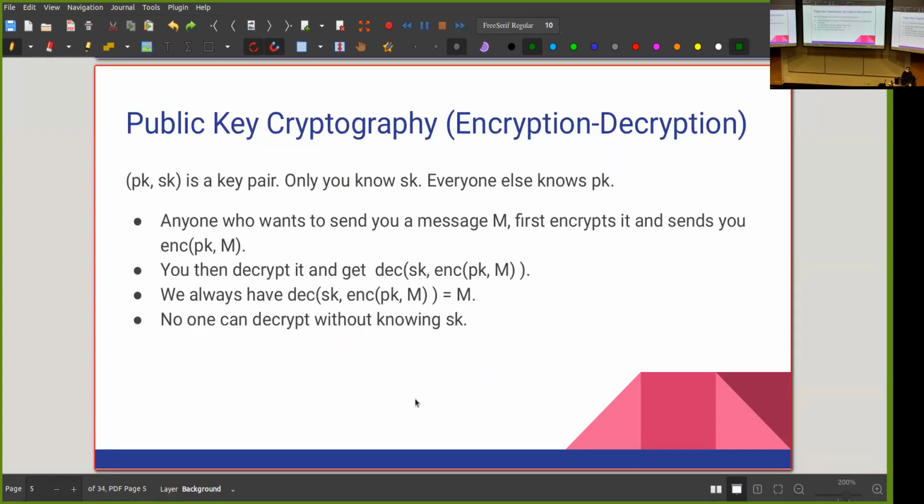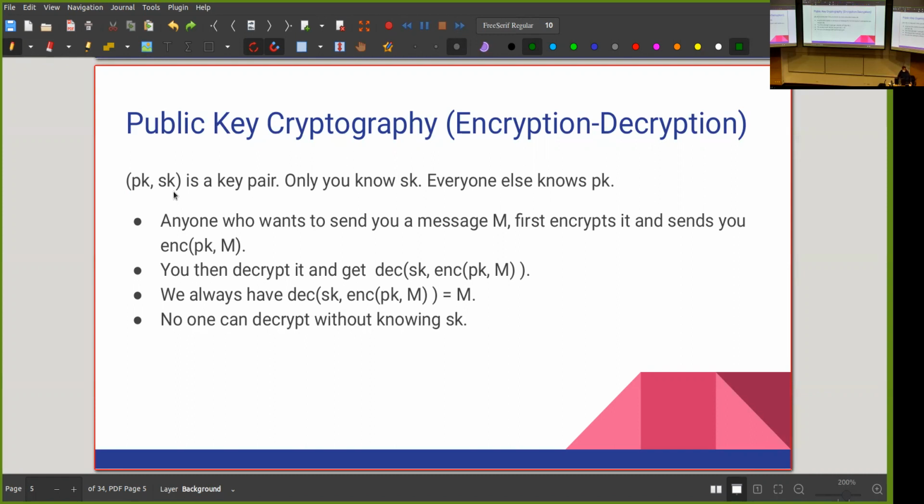So this is a very simple idea. Let's make it a little bit more exact, what I'm talking about here. So as any person on the internet or in any kind of digital communication, I would usually have two different keys, and this is what we call a key pair. So I will usually have a public key and a secret key. And the idea is that I'm the only person in the world who knows my secret key, but everyone else in the world can know my public key. That's in the name, it's public.